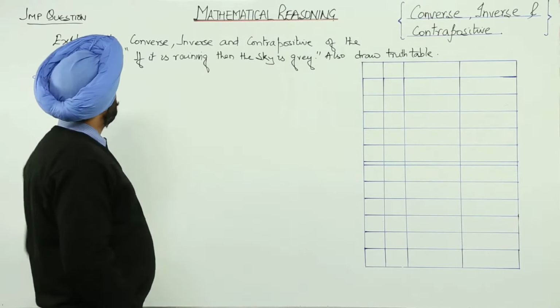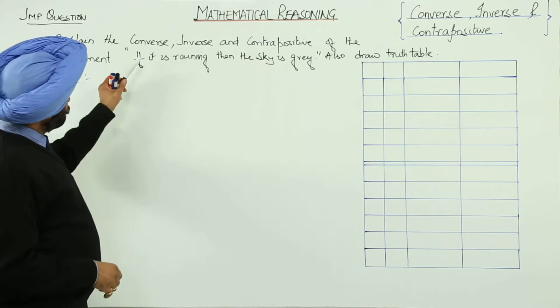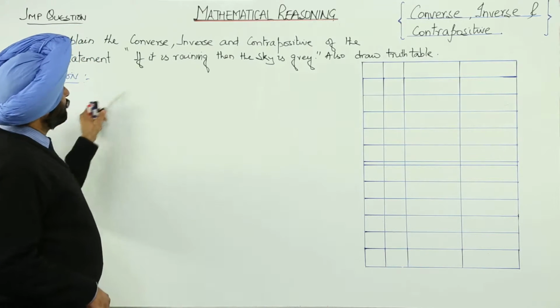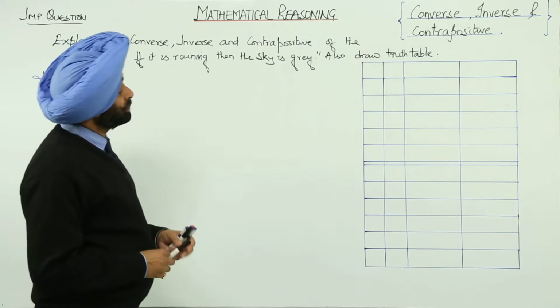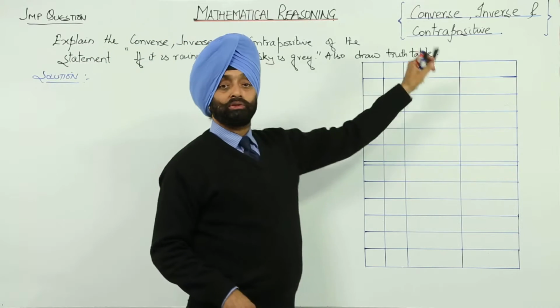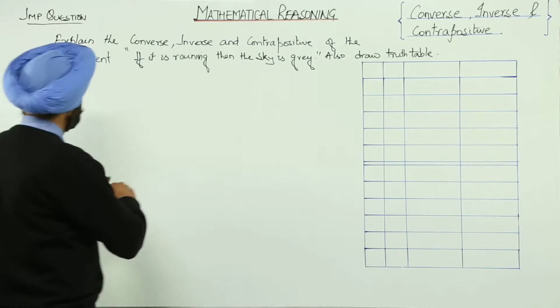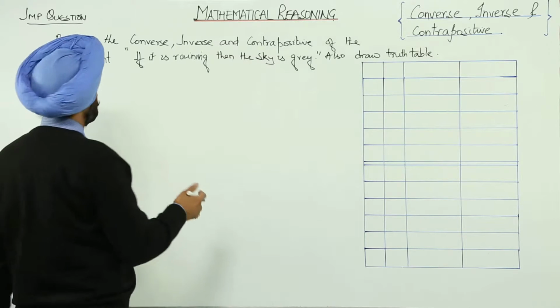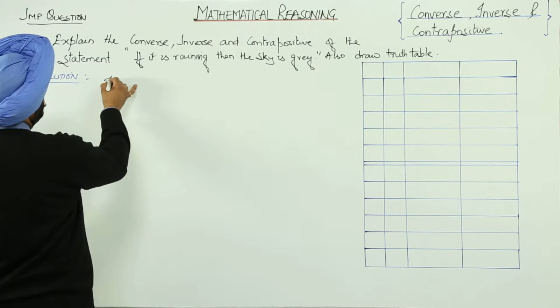Now the question is, explain the converse, inverse and contrapositive of the statement, if it is raining then the sky is grey. Also draw the truth table. Now just check it. We have already gone through the converse, inverse and contrapositive. Now the given statement